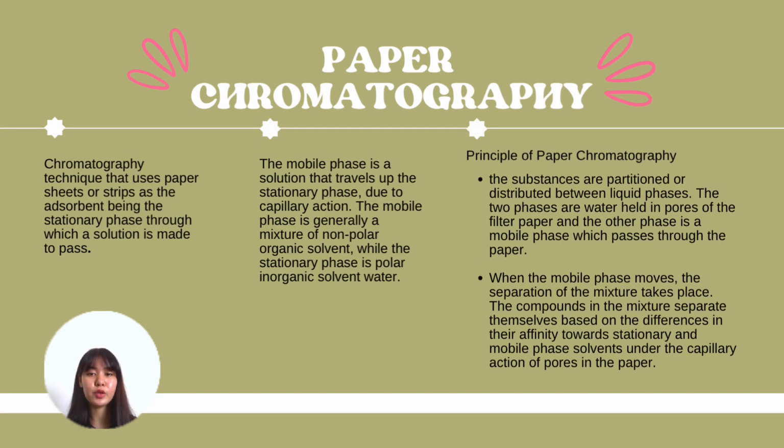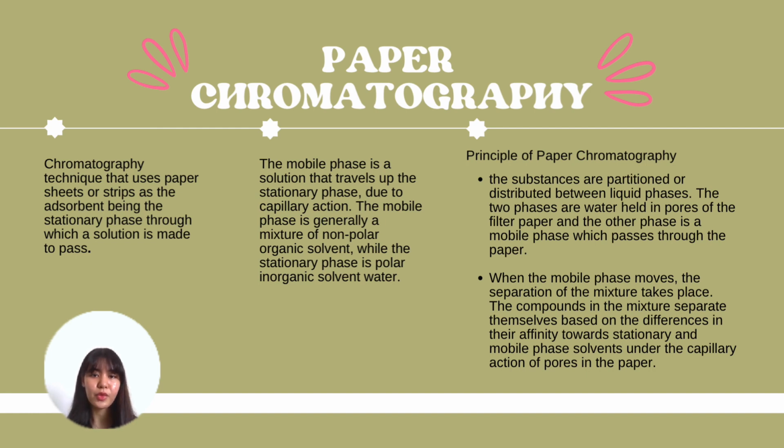So in this video, we will use the application of paper chromatography to test the drug in urine. So what is paper chromatography? It is a technique that uses a paper sheet or strip as the absorbent, being the stationary phase through which a solution is made to pass. The mobile phase is a solution that travels up the stationary phase due to the capillary action. The mobile phase is generally a mixture of non-polar organic solvent, while the stationary phase is a polar inorganic solvent